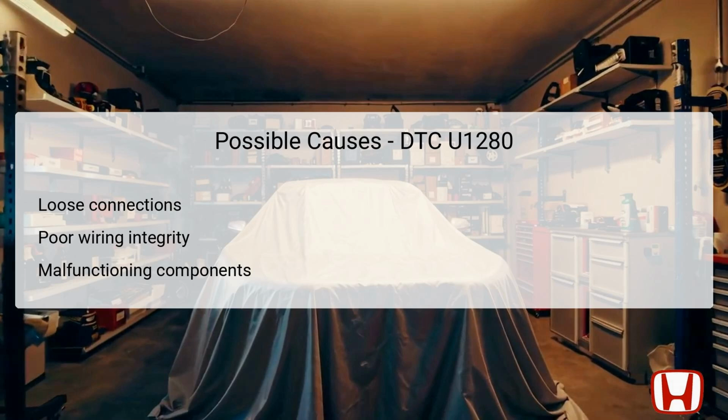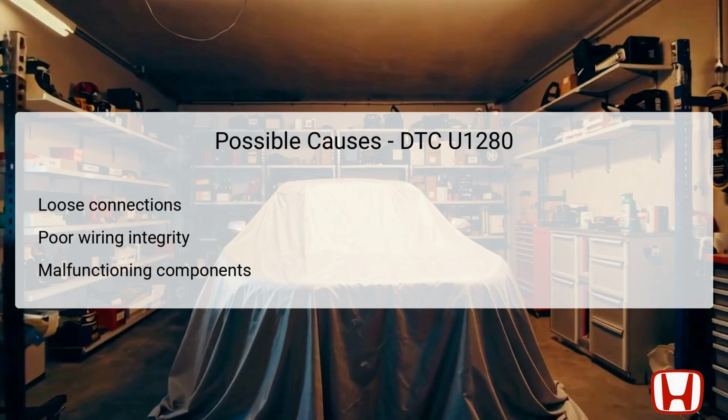Moreover, if the beacon components themselves are malfunctioning, such as the body control module or sensor devices, they may not send or receive signals properly. Each of these potential causes needs thorough inspection, as addressing them can often resolve the error code and restore proper functionality to the affected systems. The importance of examining connections and wiring should not be overlooked, as they are often the simplest yet most common